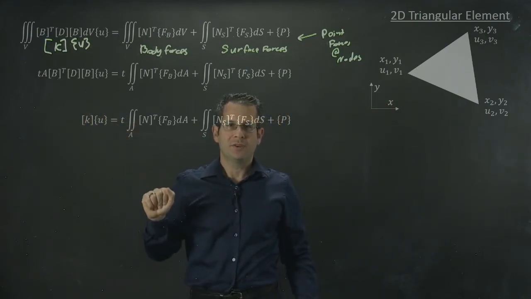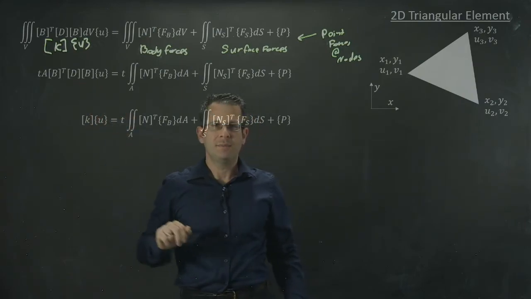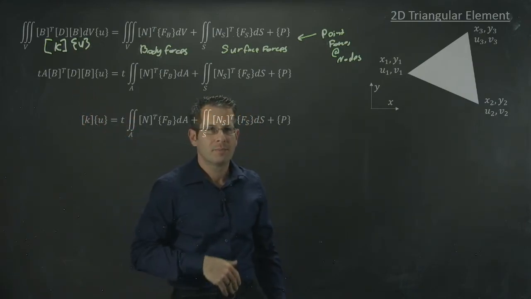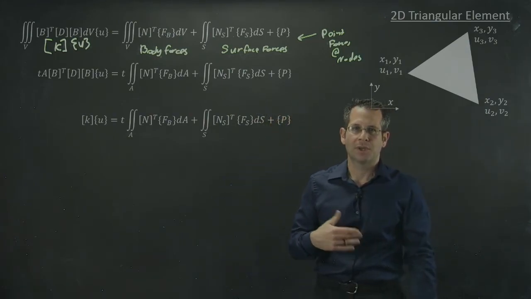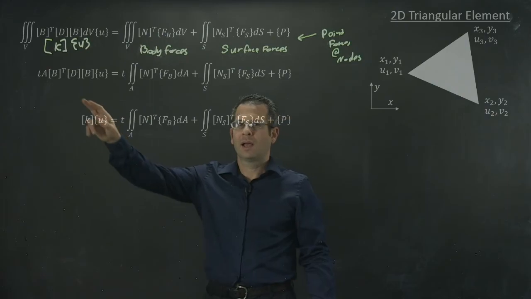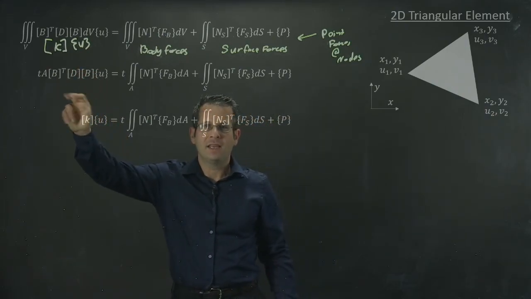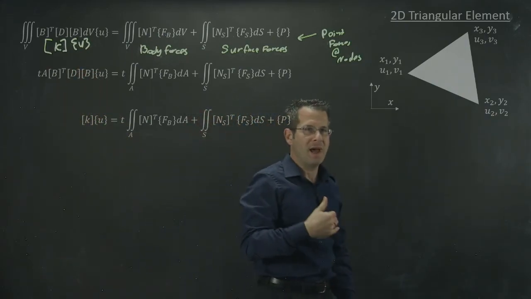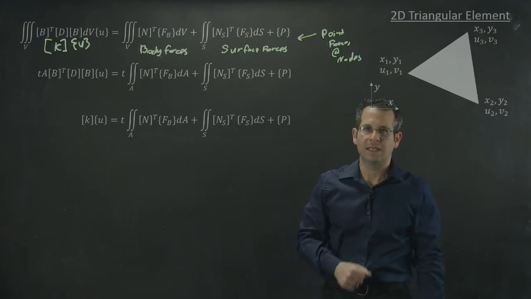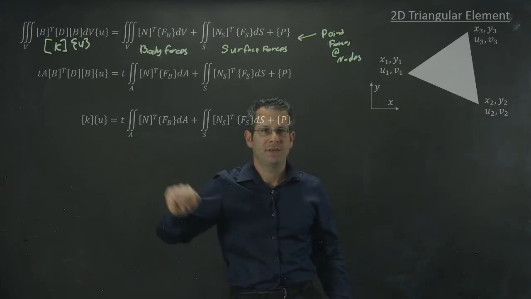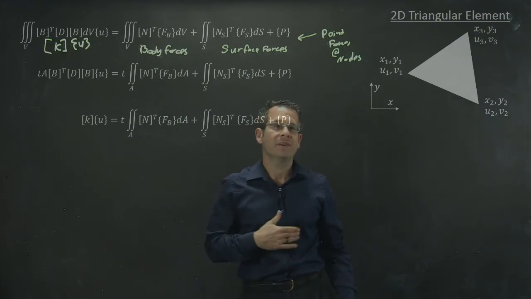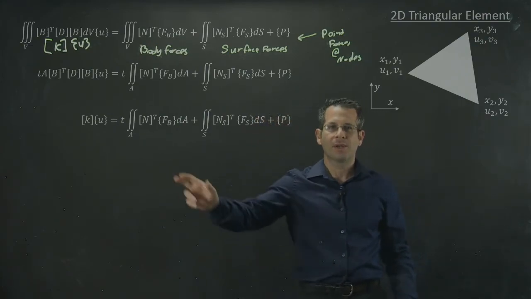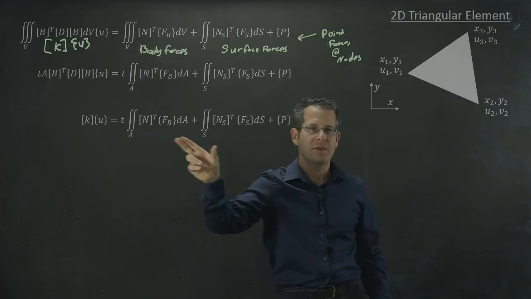derive your B matrix, derive your D matrix, which involves properties of your material, such as Young's modulus and Poisson ratio. Multiply these 3 matrices together, which both MATLAB and Excel can do for you easily, and derive your K stiffness matrix. In the remaining videos in this lecture, I'm going to one by one go over the remaining